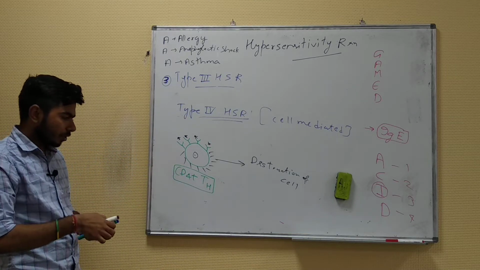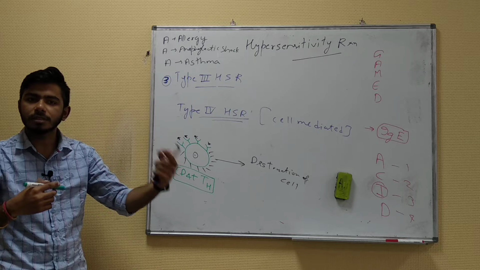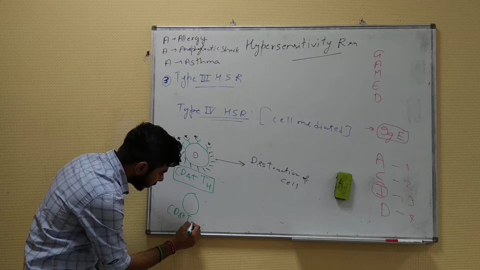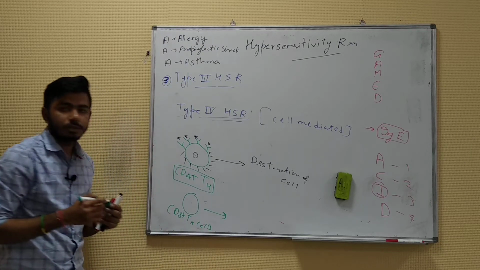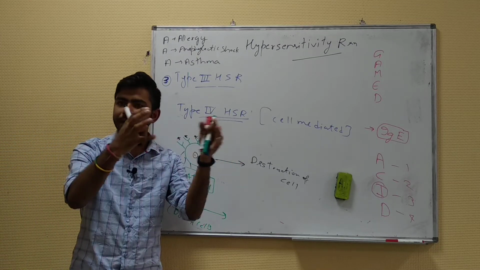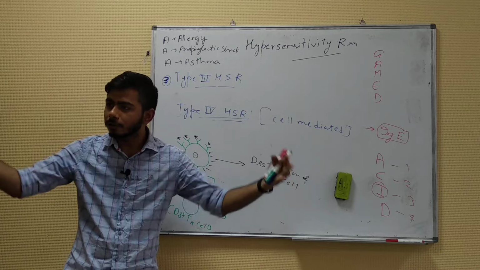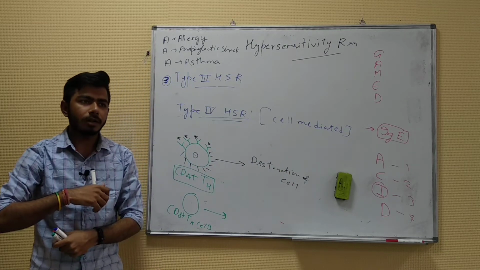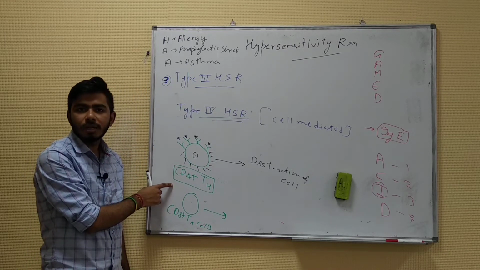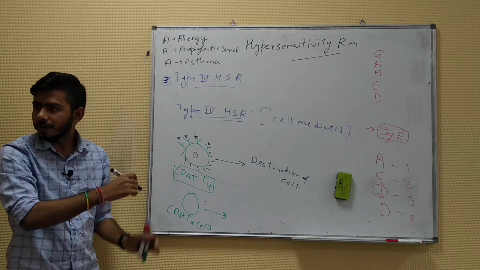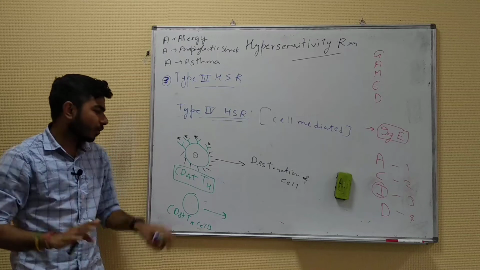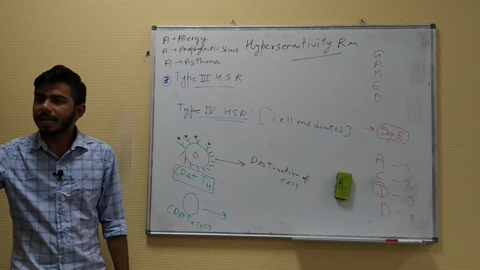There is one more option for going to this stage. There is one more kind of cell, which is the CD8 plus T cells. What can this combination do? They usually take the help of macrophages. So first of all, they will report to the macrophage, and what is the function of the macrophage? Phagocytosis, engulfing that particular cell. So with the help of macrophages they can destroy the cell, and with the help of CD4 plus T helper cells they can destroy the cell. One and the same thing. So there are two mechanisms, but they are not taking the help of immunoglobulins. That's why we call them cell mediated hypersensitivity.